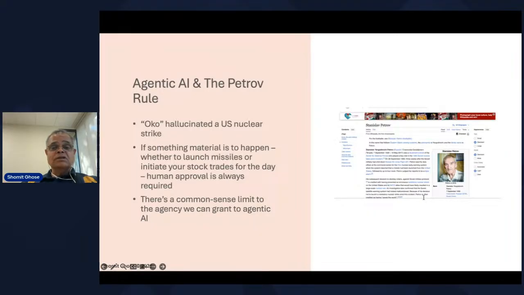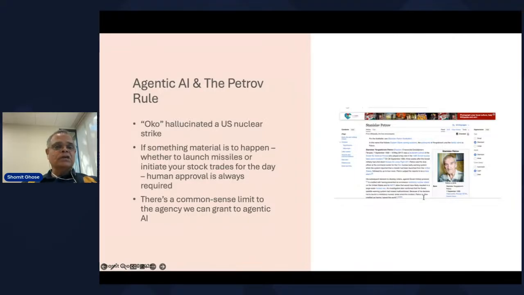And of course, the command to this fellow Petrov was, when we detect an American strike, we have to hit the fire button. Otherwise, the Americans will take out our missile batteries before we can counterfire. But Petrov had the presence of mind not to listen to what the agentic AI of his day was telling him. He called up headquarters and confirmed that there was actually no missile strike underway, and so he canceled the fire order.